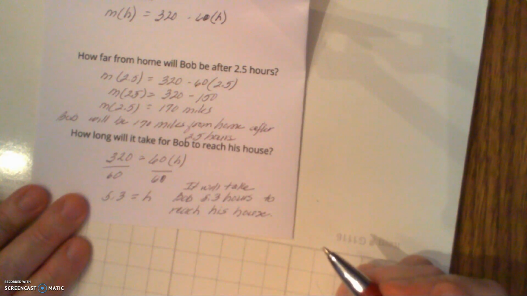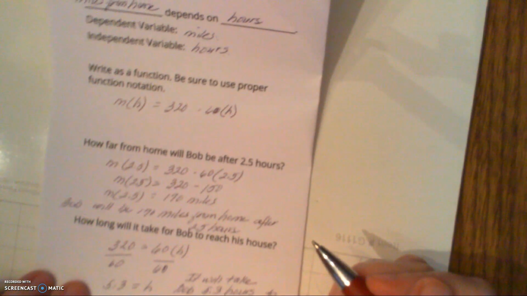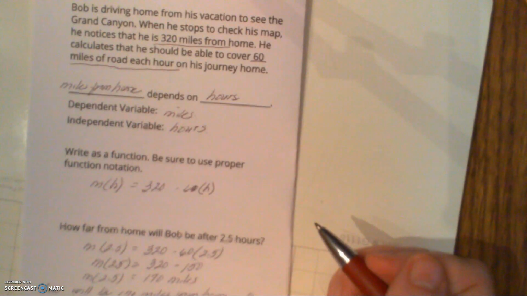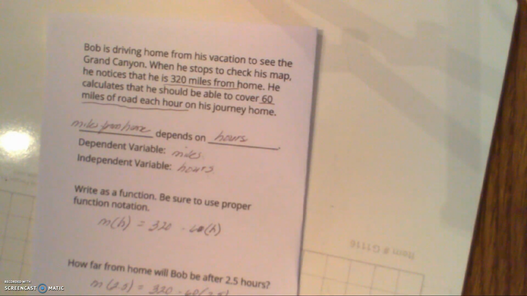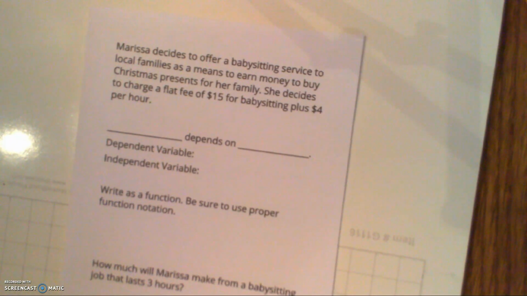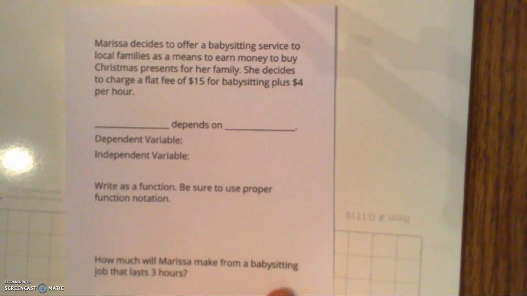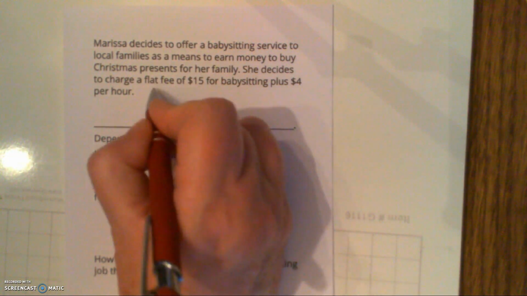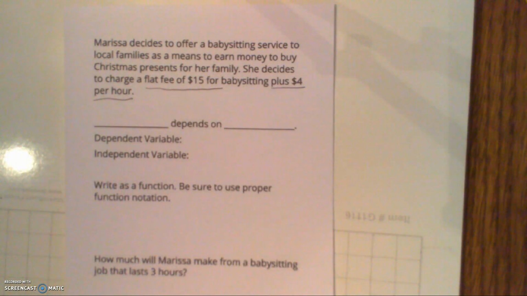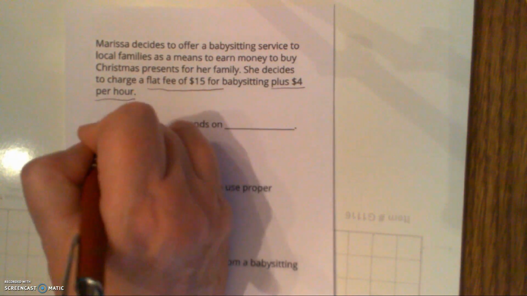Okay? Now remember, you can pause it, wind back, and get the answers if you don't have them. And remember, if you have any questions or you don't understand how we're getting the answers, please let us know. Right, so the last one is Marissa. Marissa decides to offer babysitting service to local families as a means to earn money to buy Christmas presents for her family. She decides to charge a flat fee of $15 plus $4 per hour. So her earnings